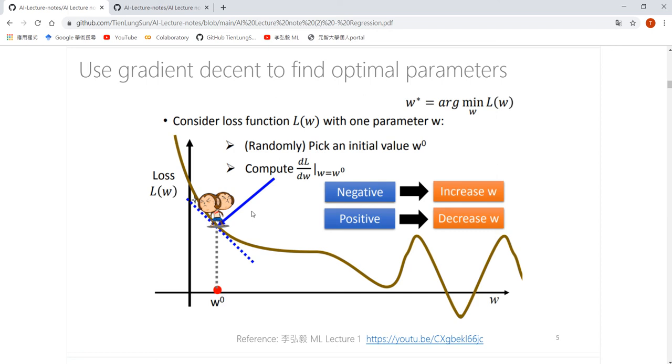Suppose we want to minimize a loss function that has only one parameter, w. We randomly guess a value w0, and then we calculate the slope here. If the slope is negative, like this, then we just increase w. We have to increase w to make the loss function become smaller. If the slope is positive, like here, if our w0 is here, then we know we have to decrease w